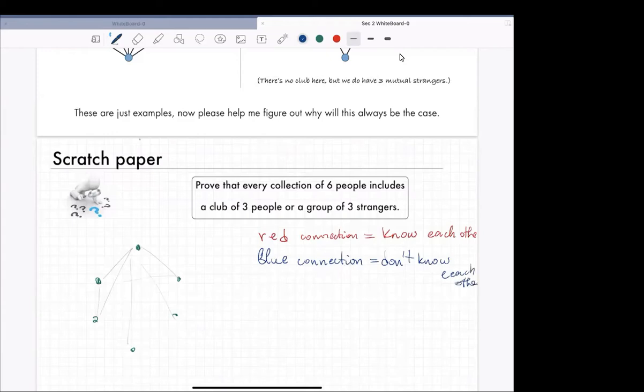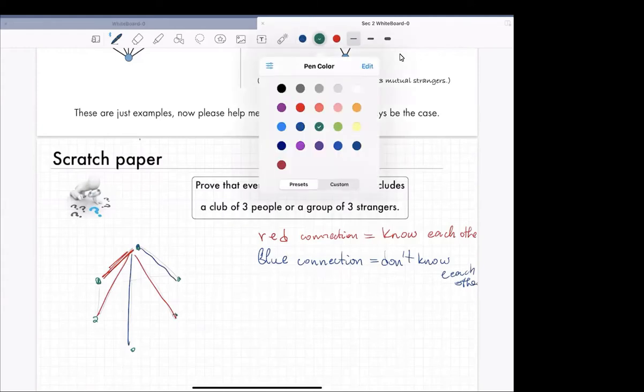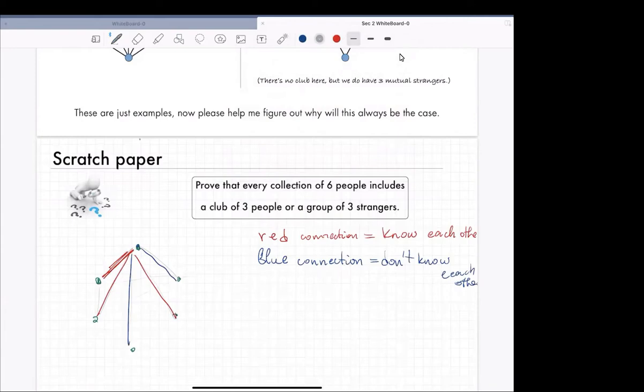So from each point, I have either a red connection emanating or a blue connection emanating, no matter which point you take in this graph. Gray connections are all possible connections. Actually, let's draw them. So gray connections, I don't know what they are. So these are gray guys. These are all the 15 possible connections that I have. Now, each connection is between some 2 people. And those people either have met or they have not met. There's just logically no other possibility. So each connection is either red or blue.